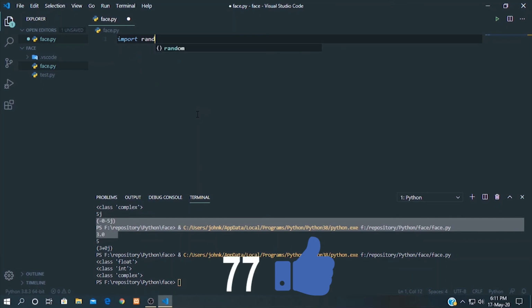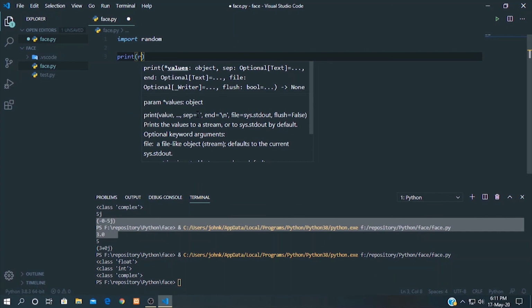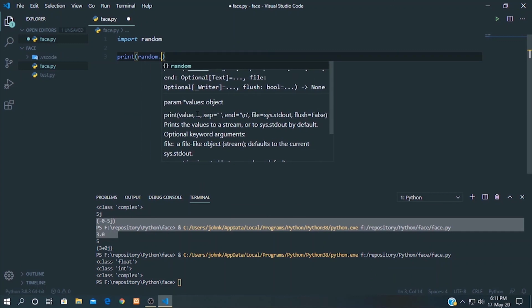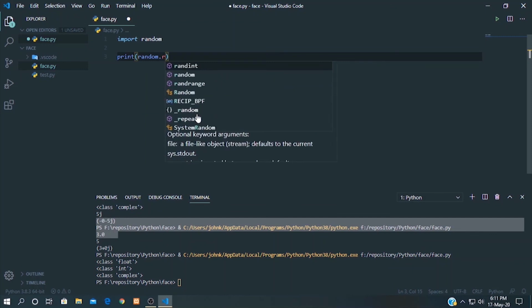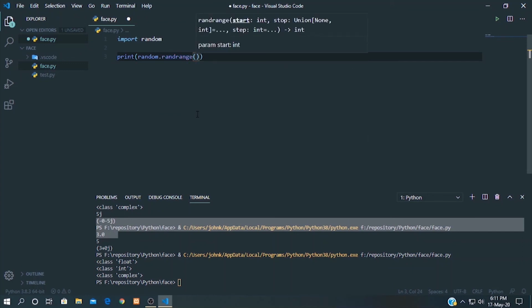Import random and print random dot randrange. We want 1 to 10, so we want to start from 1 and go until 10.